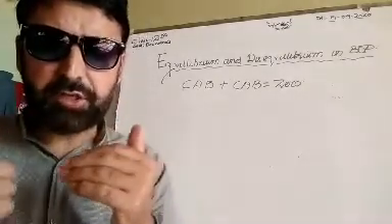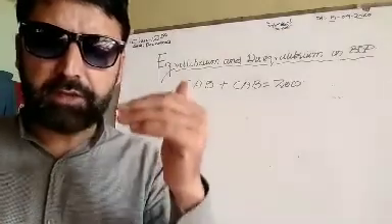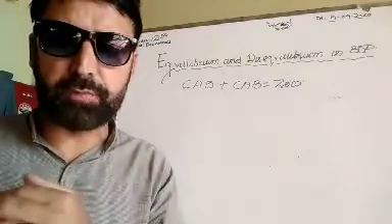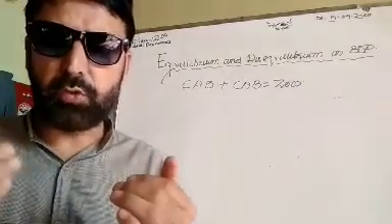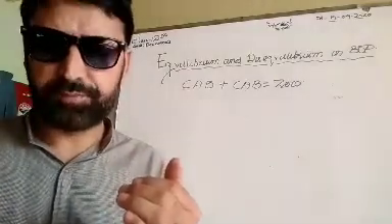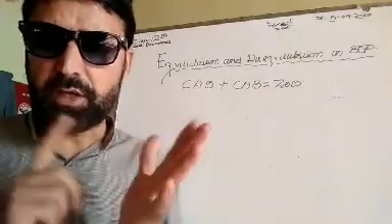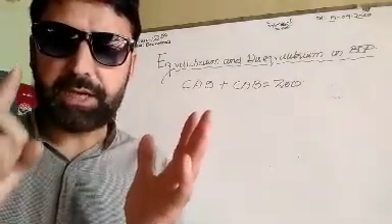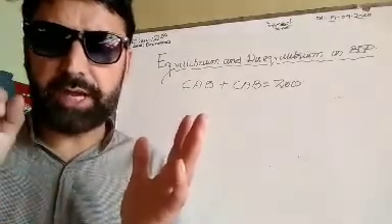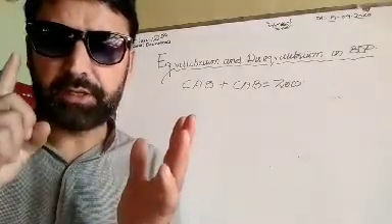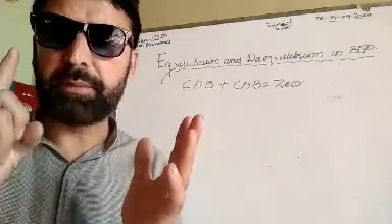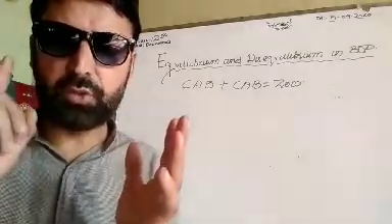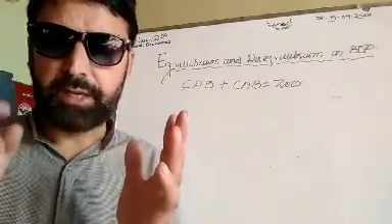A disequilibrium in balance of payments occurs when the sum total of current account balance and capital account balance is not zero. When the sum total of current account balance plus capital account balance is not zero, then this is disequilibrium in balance of payments. Instead, it is either some positive number or some negative number.